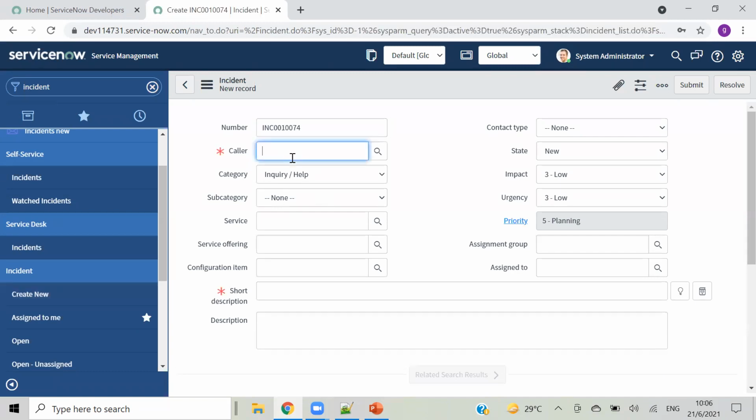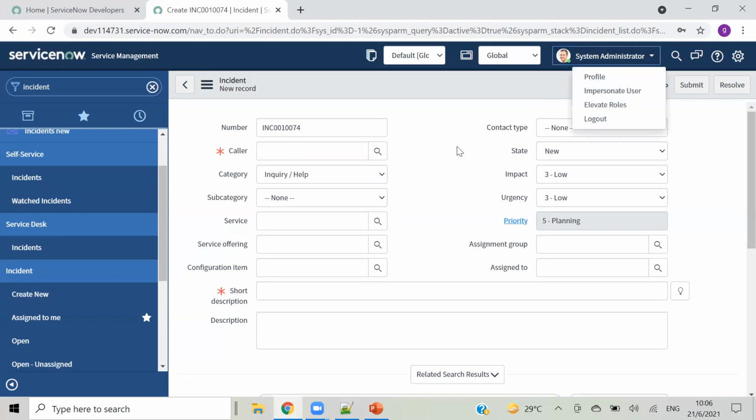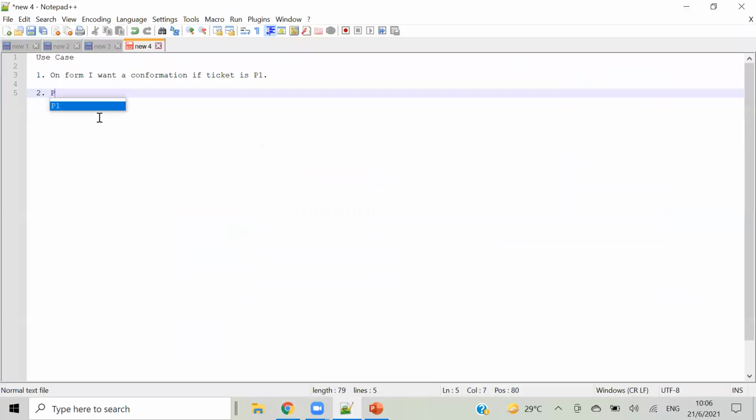And by default, whenever we load any form, I want to see the login user inside this. Like if system administrator is logged in, whenever we load any new ticket, that should populate here in caller. So that is second scenario. Populate login user in caller field.